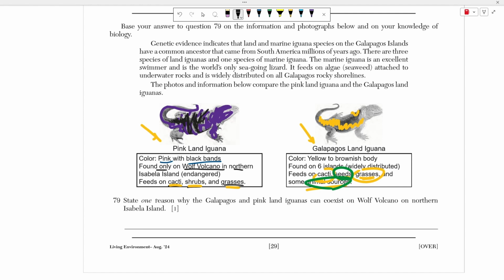Either they occupy different niches, they occupy different roles. If you're occupying a different role, you're not going to compete. Or they have different resource requirements, or they have variation in their food sources, right? So I'm just going to say that the two iguanas